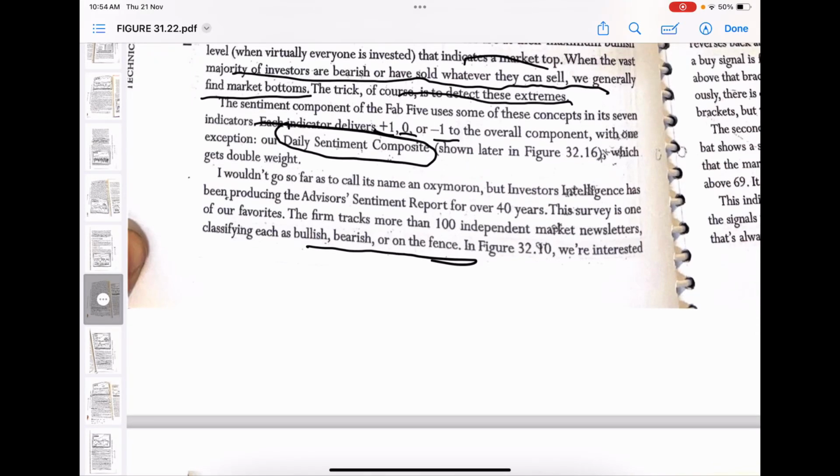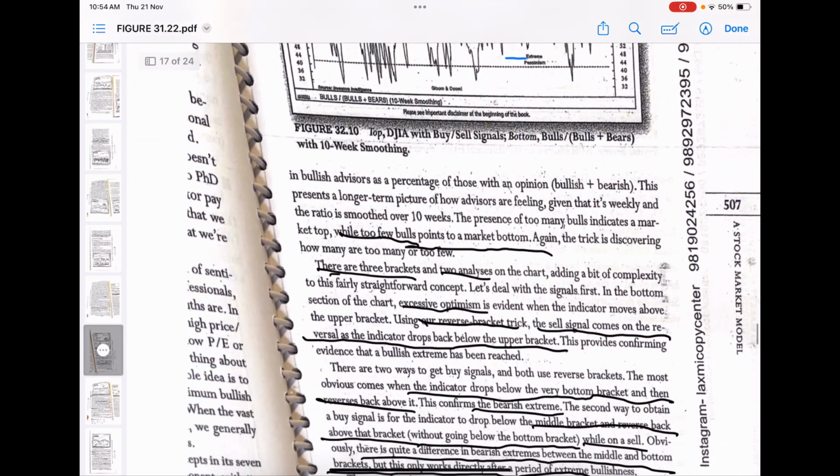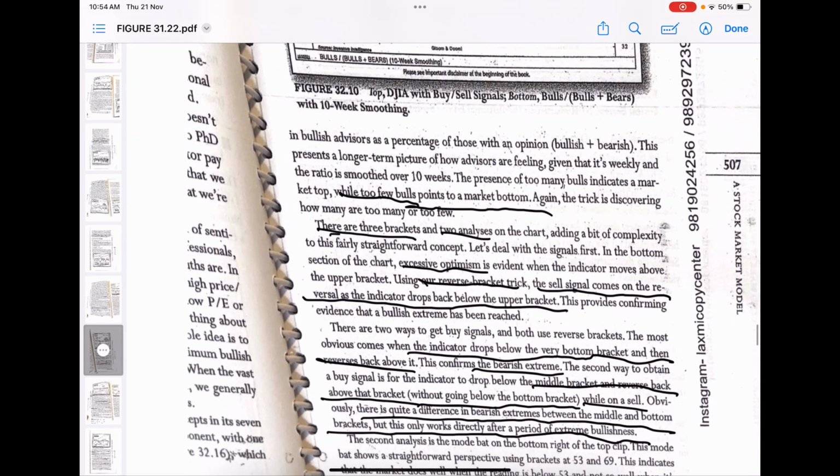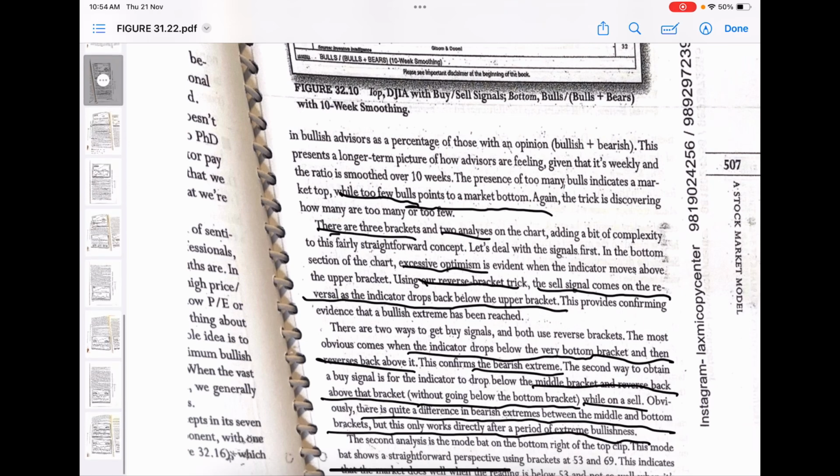In figure 32.10, we're interested in bullish advisors as a percentage of those with an opinion. This presents a longer term picture of how advisors are feeling. So you can say that whenever there are many bulls, then you can say that it is